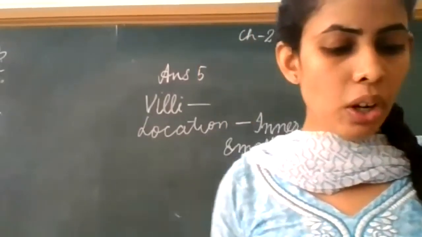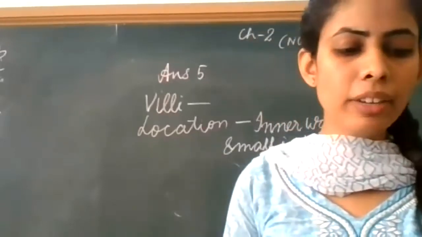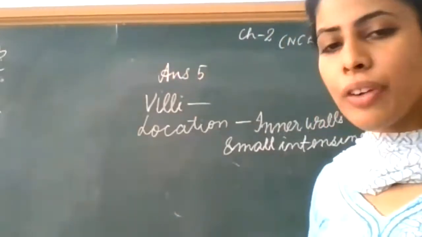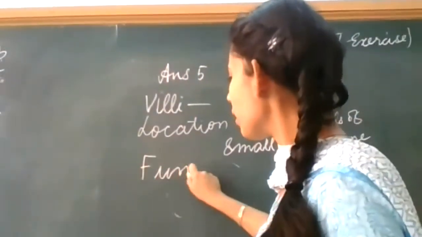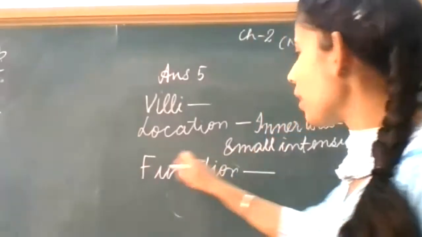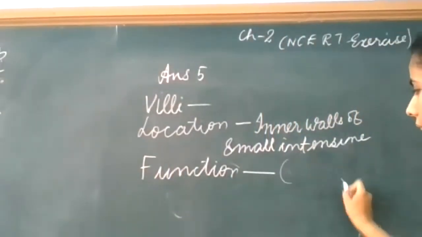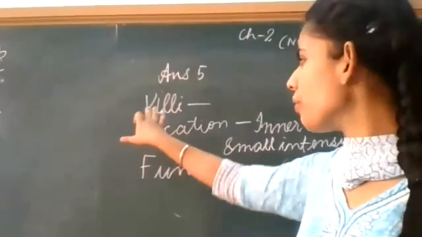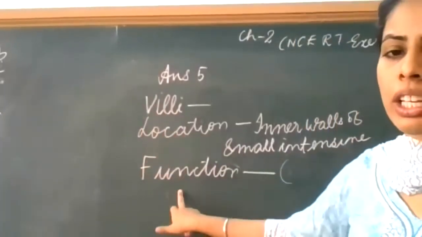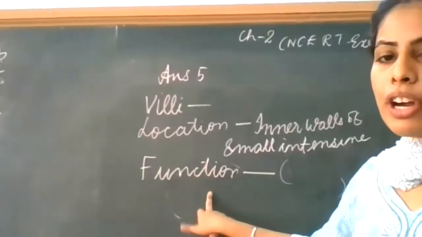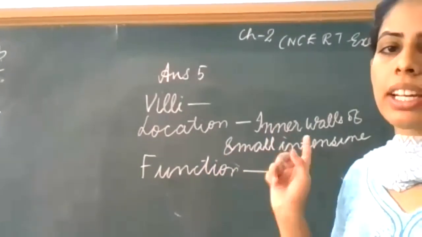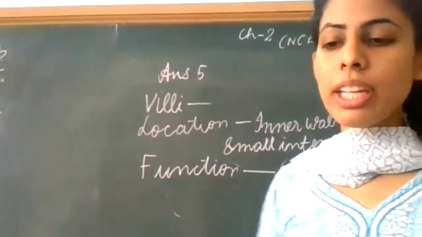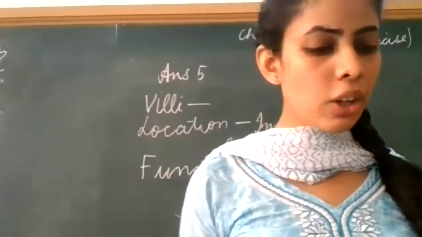Yes, very good. So it is also given in that para, the villi increase surface area for the absorption of the digested food. So you can write the function here. Then you will write the function in this way. Clear? So this answer is clear to you. Firstly you will define it, then you will tell its location, then write its function. You will write the answer in points in this way. Clear? So the next is, yes, Vanshika, read question number 6.